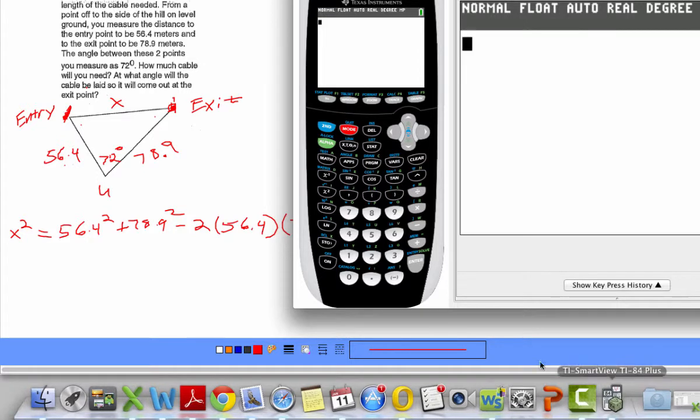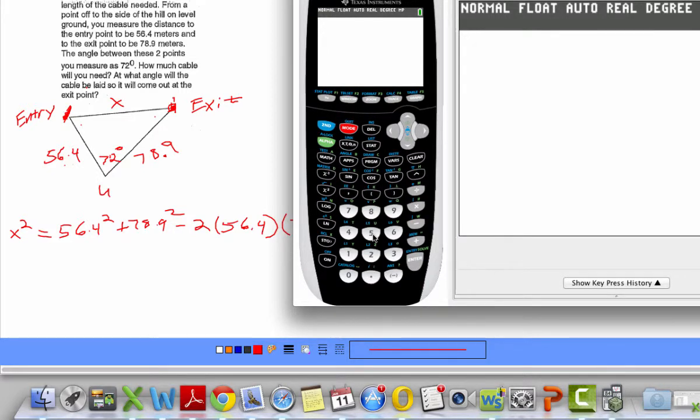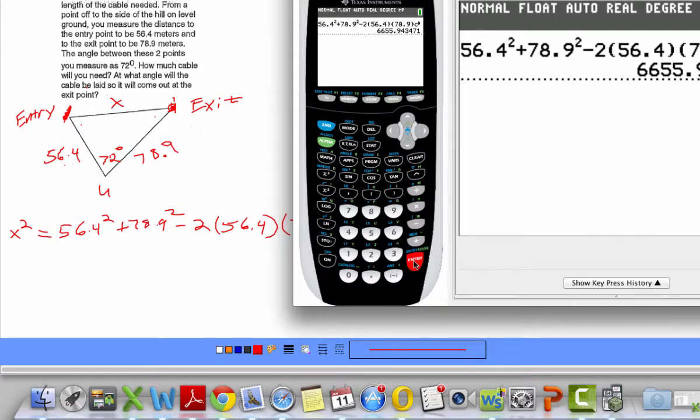So we take 56.4 squared plus 78.9 squared minus 2 times 56.4 times 78.9 times the cosine of 72 is equal to